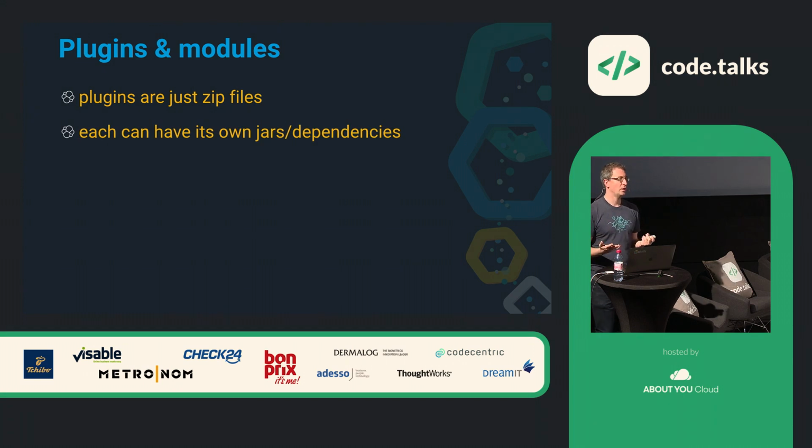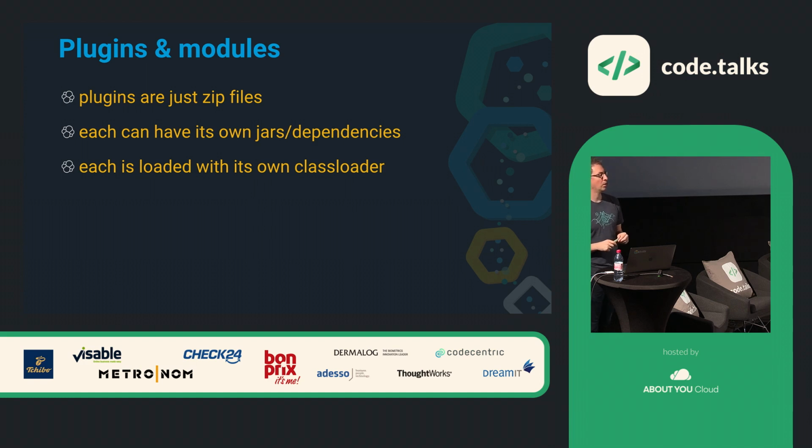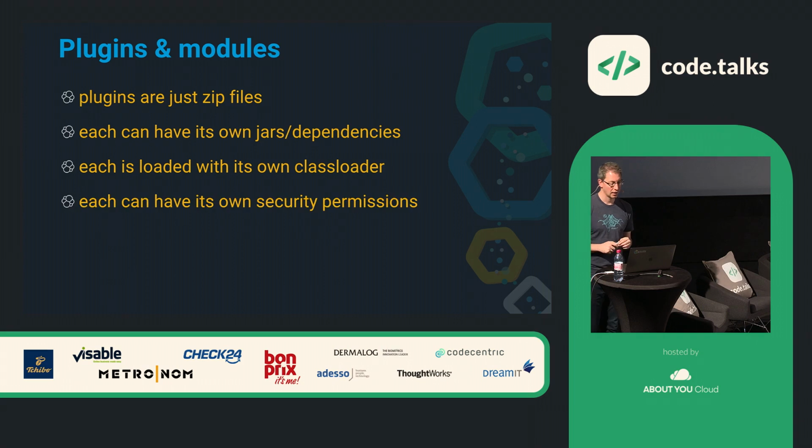Plugins are just zip files. Each one can have its own jars, its own dependencies. This also means that if you have two plugins that have the same dependency in a different version, that's not a problem. The reason for this is that every plugin gets loaded with its own class loader. It's the same mechanism that you may know from things like Apache Tomcat. If you have more than one WAR file, you can basically have different or same dependencies in different WAR files,